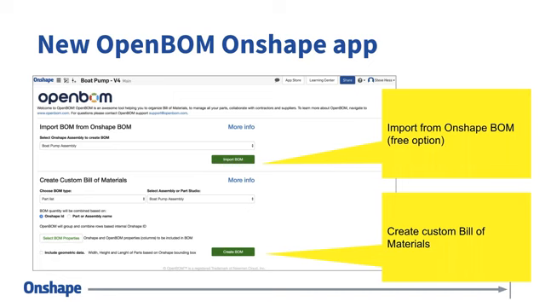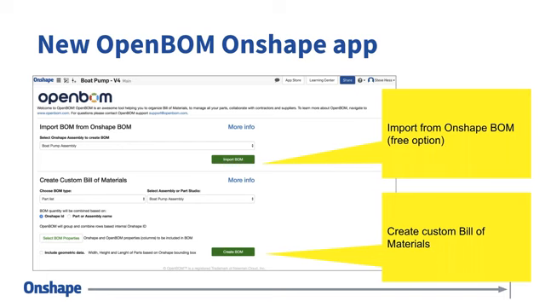But the point is that we automatically and painlessly bring the exact bill of materials from Onshape. So you can use it inside of OpenBOM and do everything that OpenBOM allows you to do, but the data automatically comes from Onshape BOM. No definition, no settings, nothing should be done. With one single click, you will get the bill of materials exactly from Onshape.